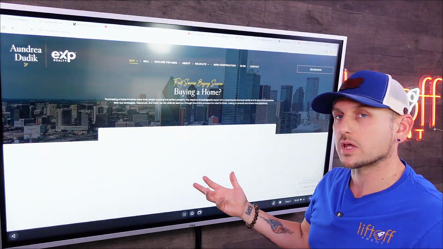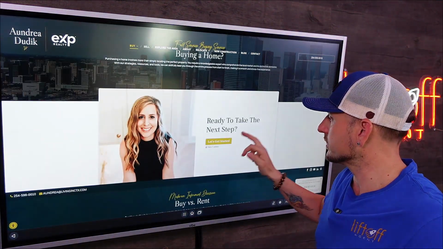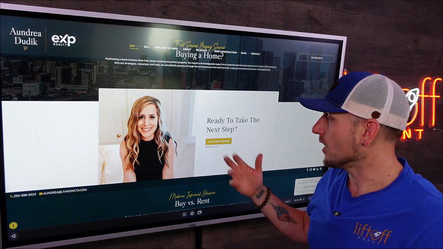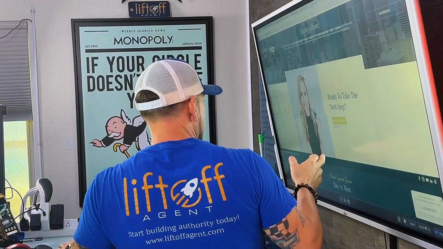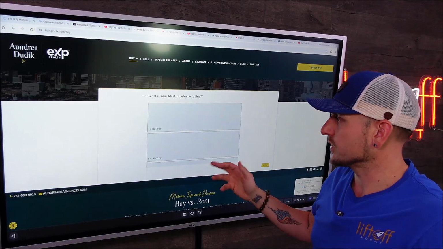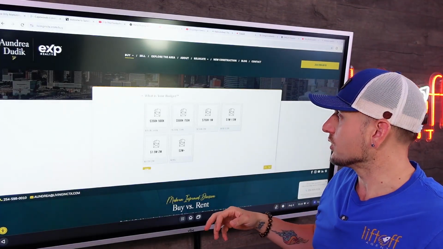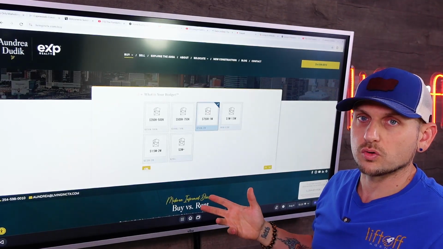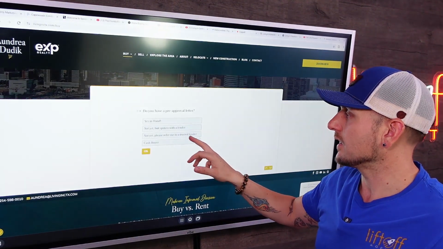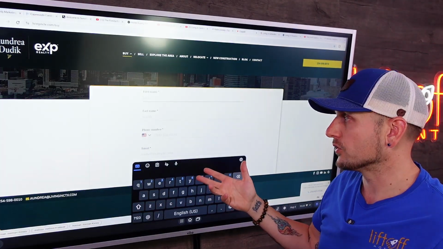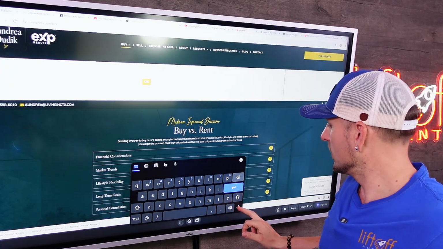If I go into that location, there's going to be an automatic form that pops up. This is exactly what I was talking about earlier. So get started within 1 minute. Automatically click the button, and then you'll be able to go to the next step, be able to ask those questions. We're going to ask them specifically, are they 3, 6, or 12 months out? We're going to ask them what their budget is. So we know specifically they're at $750,000 to $1 million budget. We're also going to go ahead and find out if they have a pre-approval in hand, and nope, not yet. So that would be preferred or referred out to your preferred lender. First name, last name, contact information, bada boom, bada bang.